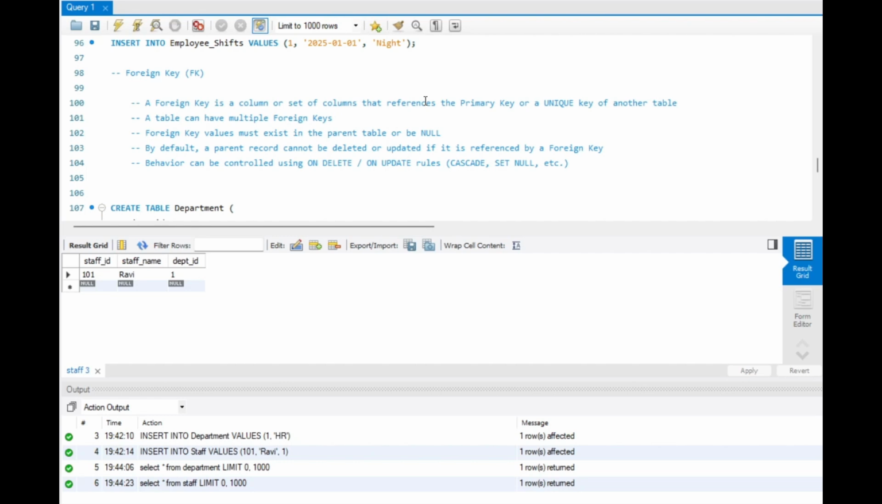After unique key, let's see what is foreign key. Foreign key is a column or set of columns that refers to a primary key or unique key of another table. Let's say we have two tables, one is department and one is staff. Let's say in department we have 1, 2, 3, and suppose we try to add another person in the staff table